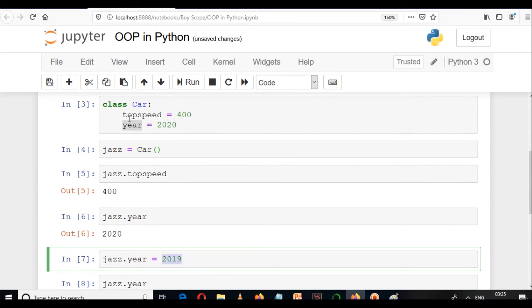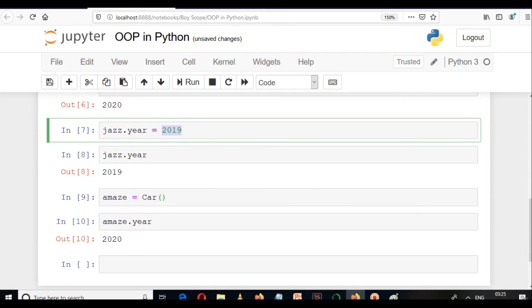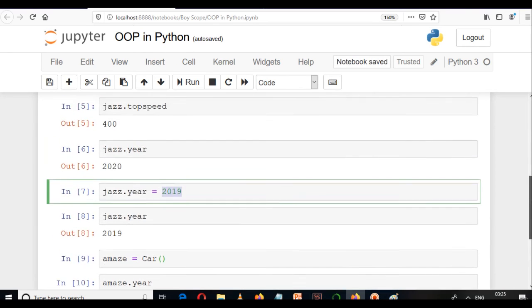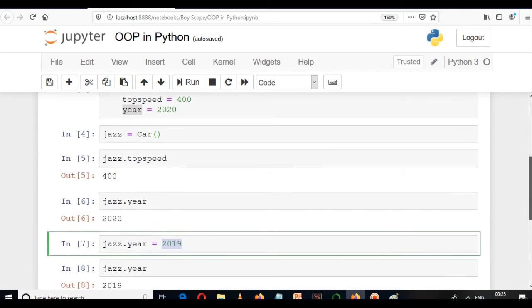The concept remains the same: whenever an object of this class is created, its top speed will be 400 and its year of manufacture will be 2020. We can alter those values through the objects themselves, but the original value will not be altered.